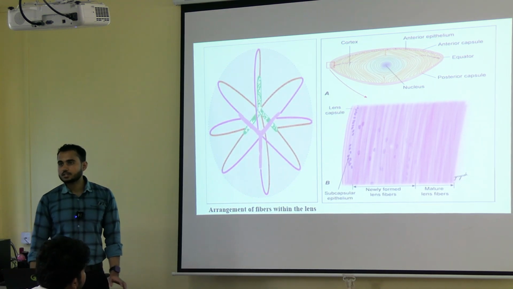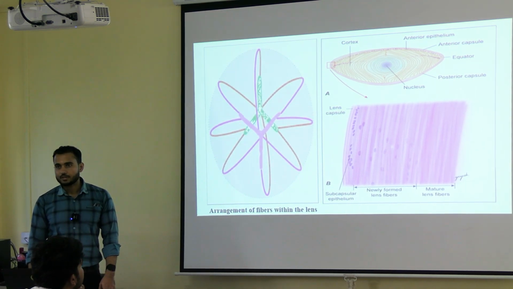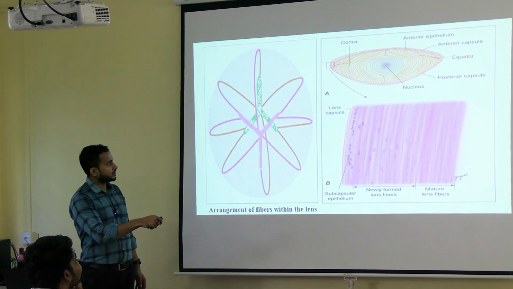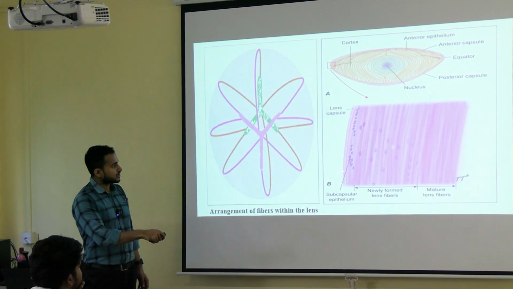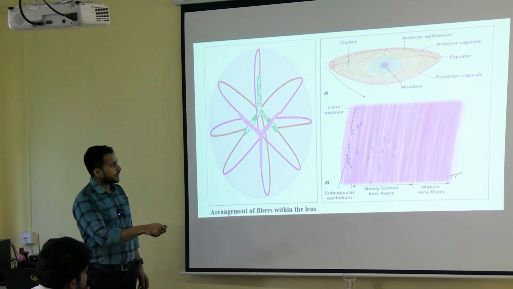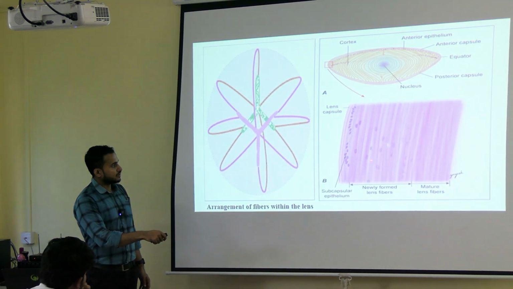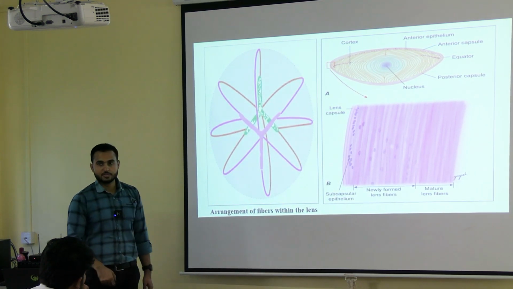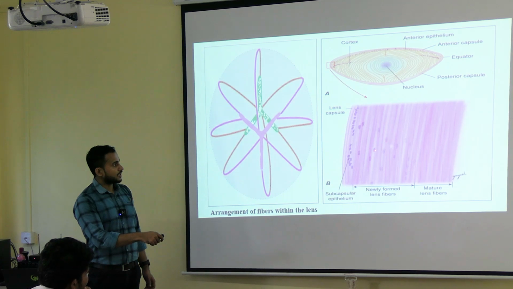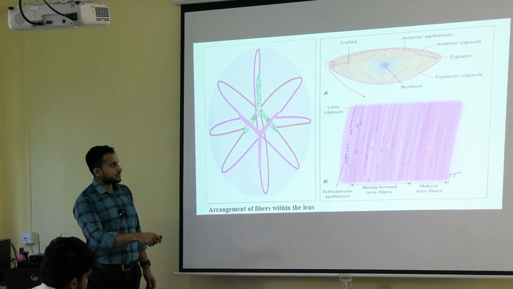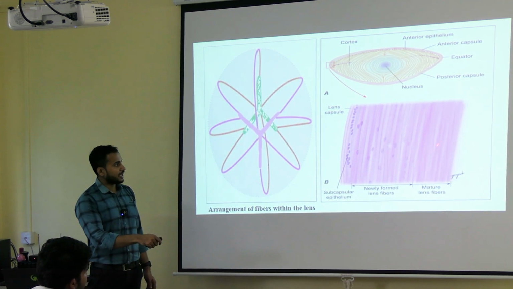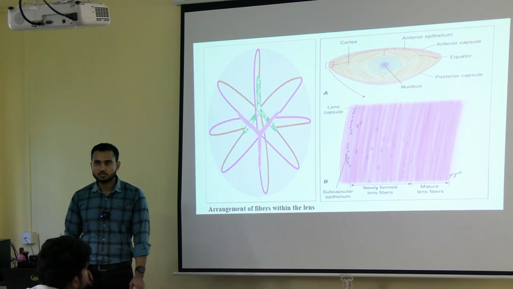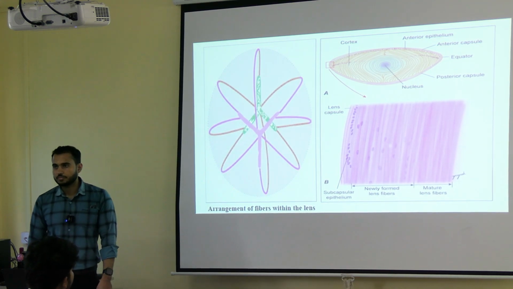तो what you can see in this diagram. First of all, can you see the lens capsule? ये देखो, this is the lens capsule, homogeneous structure. Deep to that you can see the lens epithelium. ठीक है. Then these are the newly formed fibers and these are the mature fibers. Newly formed fibers में देखो न्यूक्लियस दिखाई दे रहा है और मेच्योर फाइबर्स में न्यूक्लियस नहीं है. So this part will be harder, this part will be softer. Okay, only this one you have to draw in your practical notebook. ठीक?